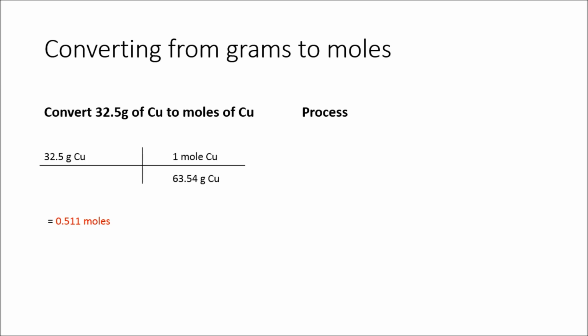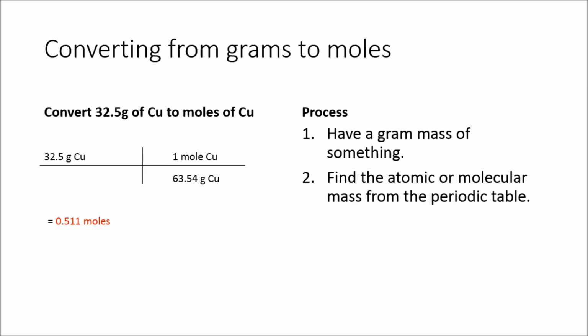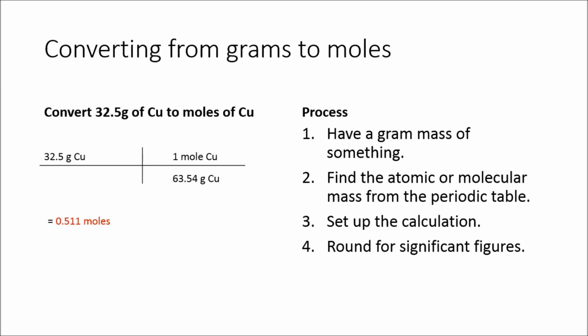Now, let's think about the process we used to get here. First, we have a gram mass of something. Okay, fair enough. Next, we find the atomic or molecular mass from the periodic table, and I was able to do that there. That's what the 63.54 came from. Then we set up the calculation, we rounded for significant figures, and at the end we ask ourselves the question,